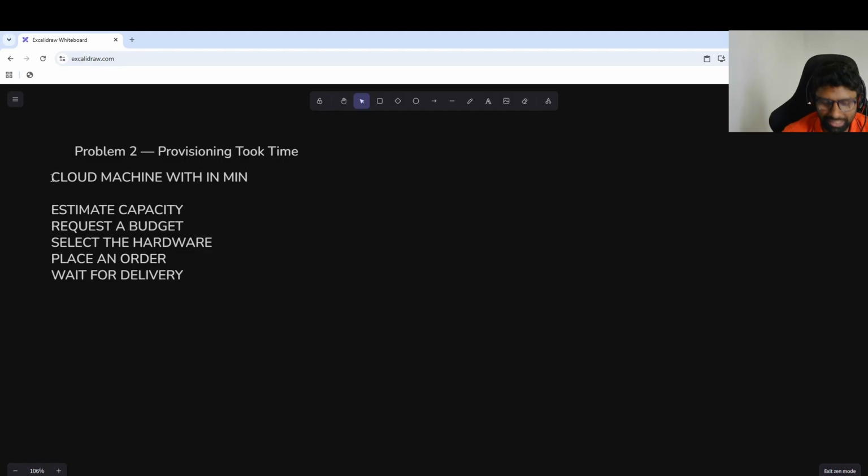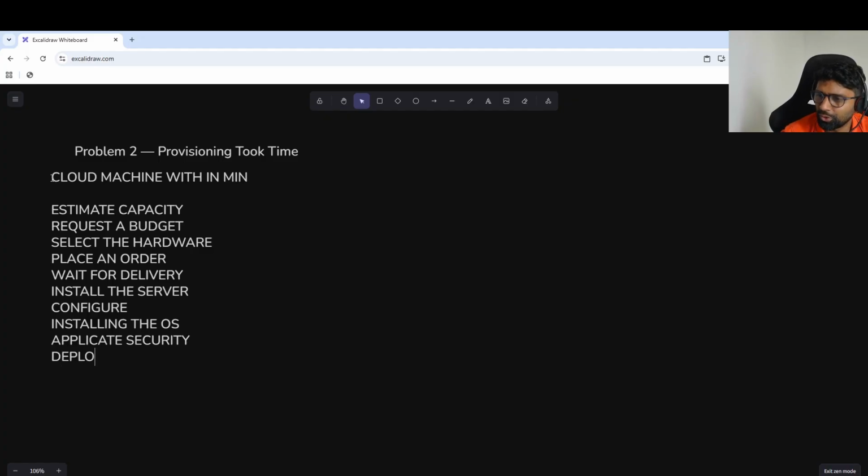Once the hardware is delivered, I need to install the server. That means configure the networking, talk to the networking team, and also configure this networking part. I mean, plugging the cables and stuff, followed by installing the operating system. Then application security controls, followed by finally deploying the application.